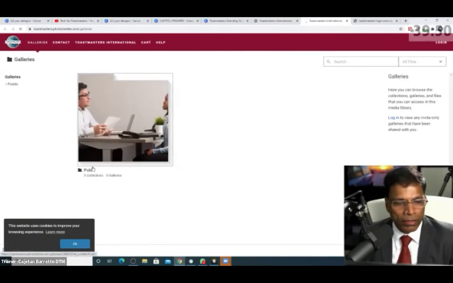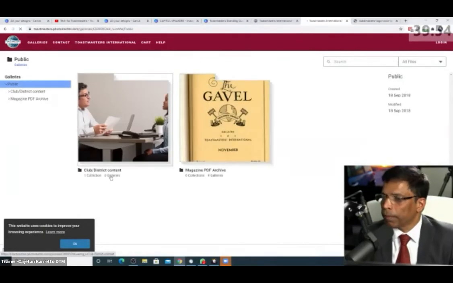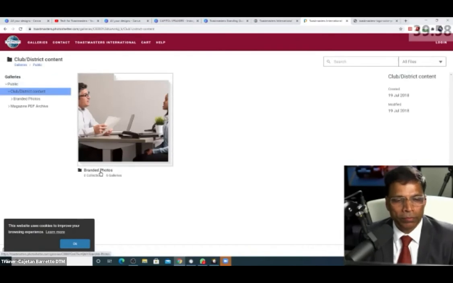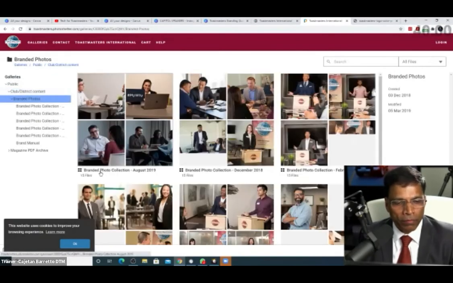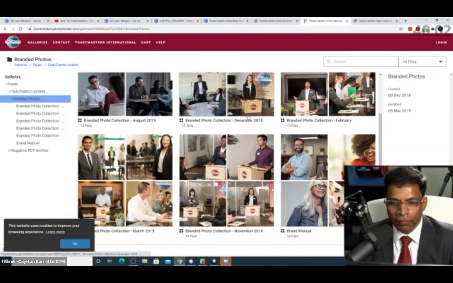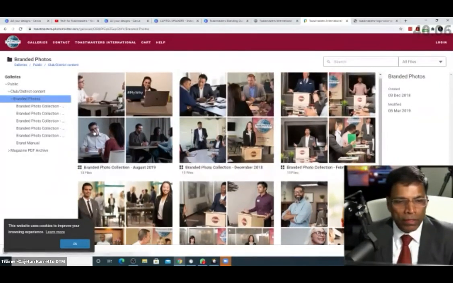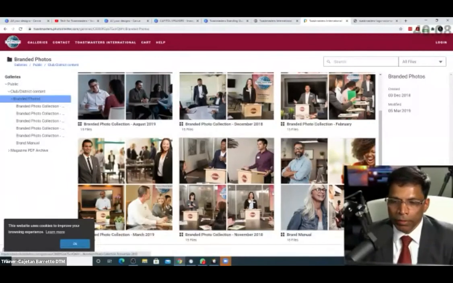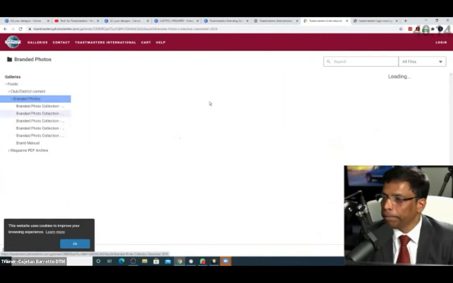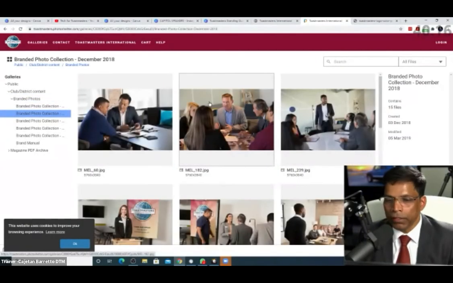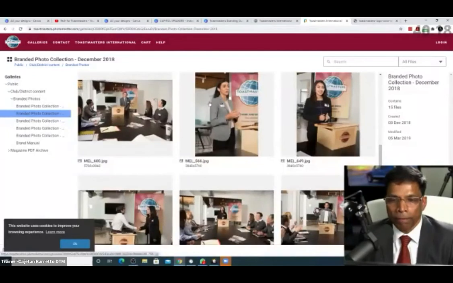And there are 3 collections. Again, click this button. And once more, and then finally we reach all the photos. And you can see they have a couple of them here. Let's say I want to choose one of these photos from this collection over here. I'll click here, and it will show me all the photos that are available.